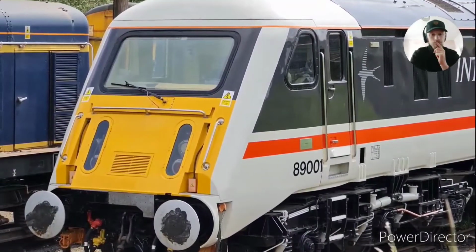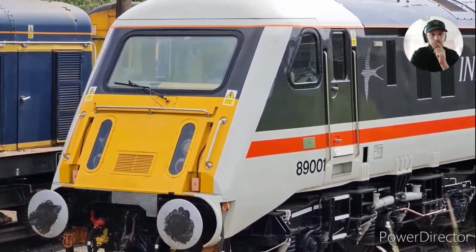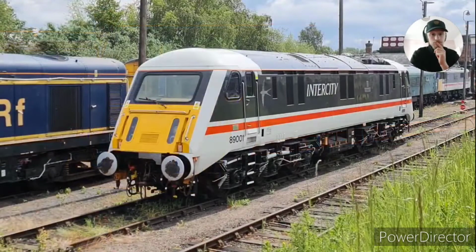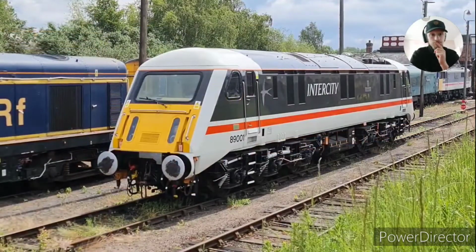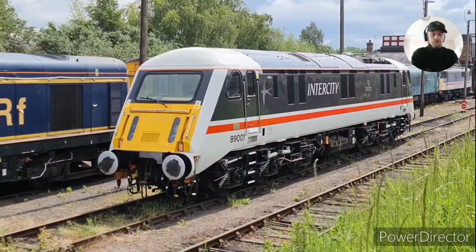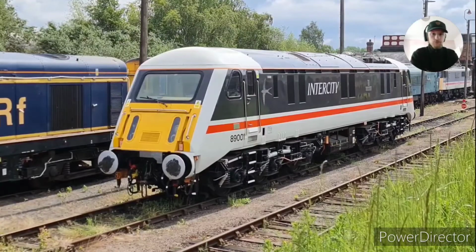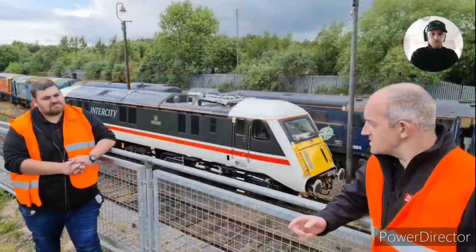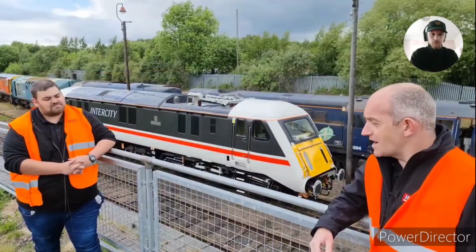And then in 1992 it was withdrawn due to basically being a one-off unique locomotive. It's much more difficult for a maintenance team to look after a one-off loco than it is a fleet. However, it wasn't long before it was back in traffic again. So it was brought back into service again in 1996. It's quite often seen then on the Bradford and Leeds turns from London King's Cross,